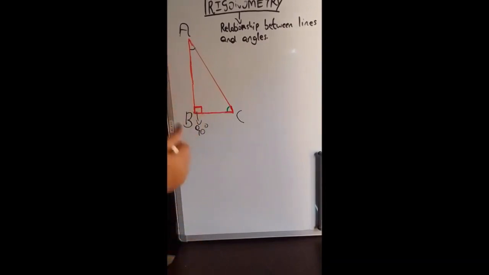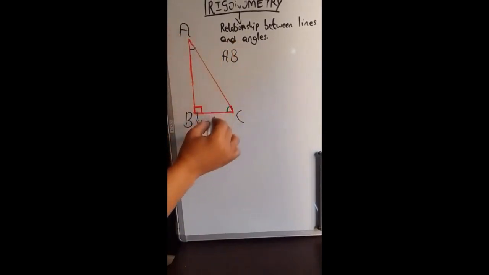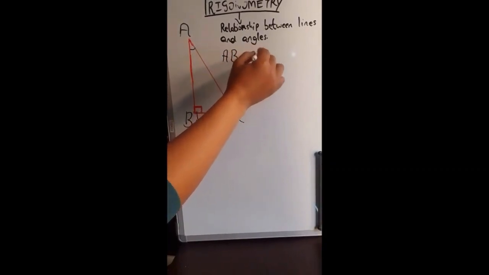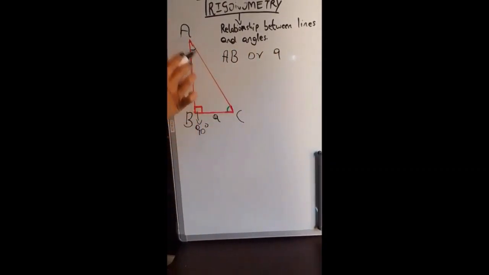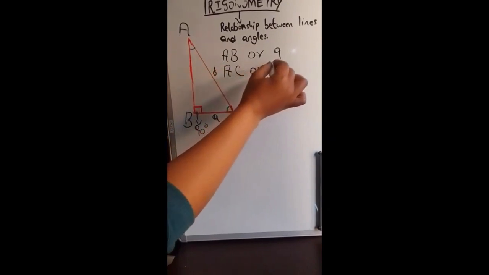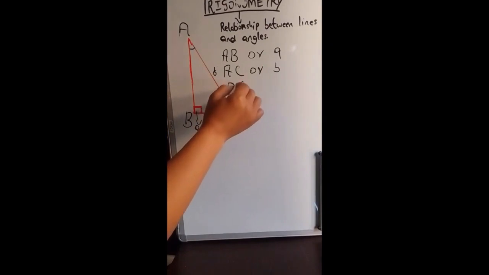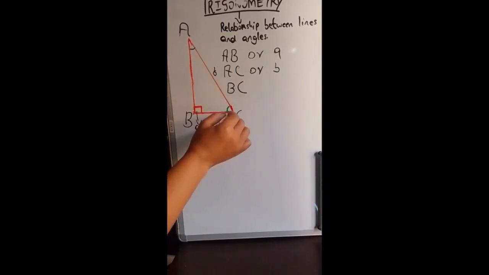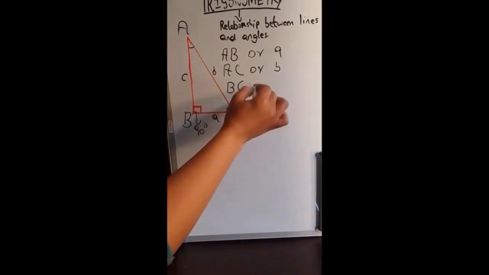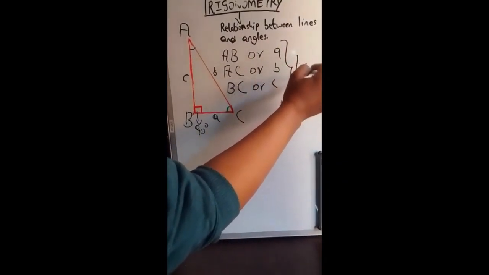What are the lines here? We have three lines actually. This line AB, or we can also call it line small letter a because it is facing the bigger A. We also have line AC, which we can also refer to as line small letter b, because it is facing the capital letter B. And the third line is line BC, which we can also refer to as line small letter c because it is facing the capital letter C. So these are the three lines of our triangle